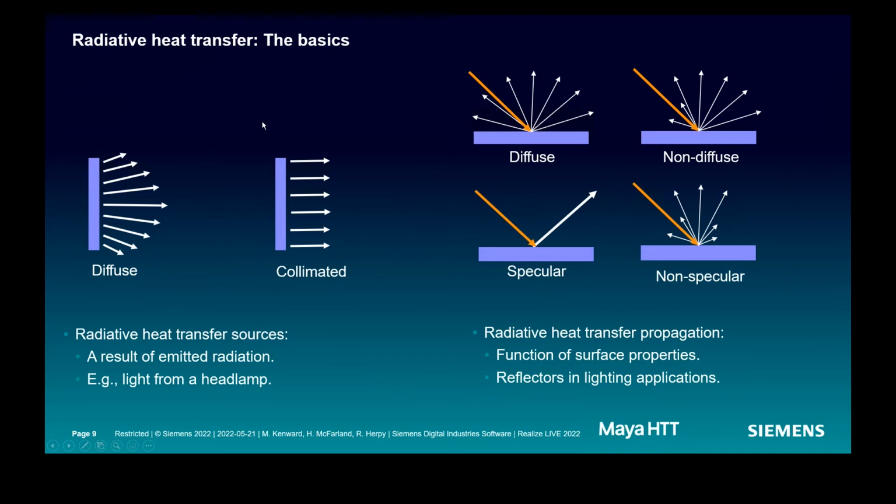It's a little bit more complex than that, of course, because the source of this thermal radiation is not necessarily just a single beam of light that's shining. It could be diffuse, it could be collimated, and then consequently how that propagates through the system. So how the heat is distributed in a very complex system such as a headlamp, there's many ways that this can happen. So you can have diffuse reflections, specular reflections, and on and on.